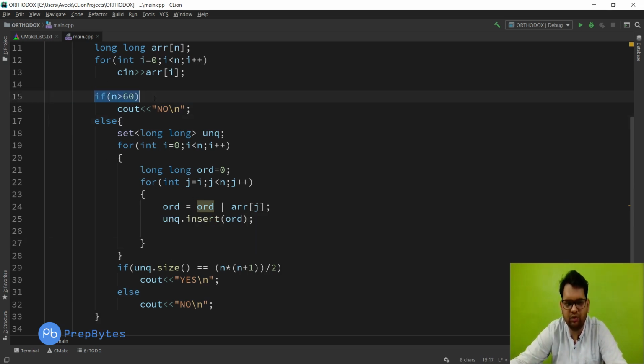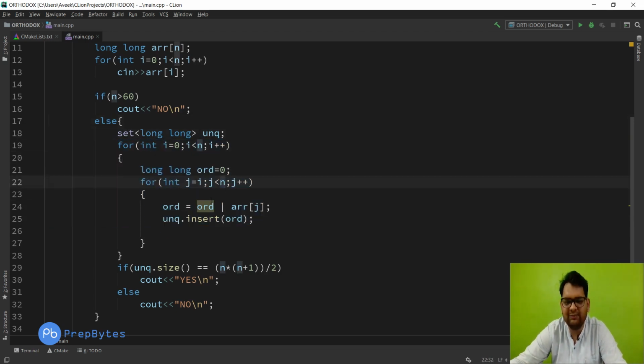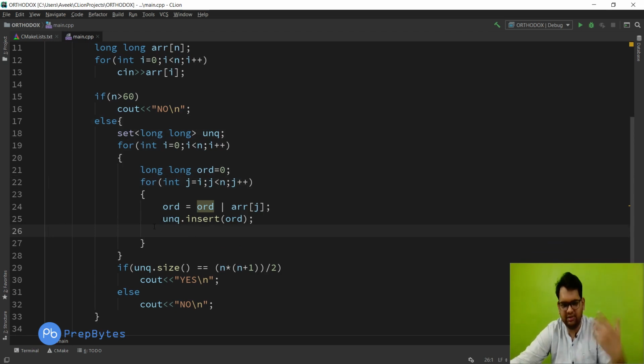So if you do not want to go to the if else condition, then just run 2 loops of n into n. Fine, but you have to add a condition that whenever in the set we have a repeated element, then break the loop. In that case, if you are not using the if else condition, it will break definitely after n equals 60 if the n size is more than 60. We will not have unique elements after that.